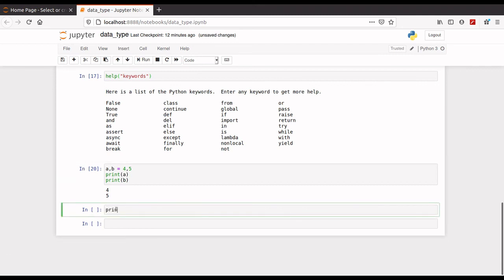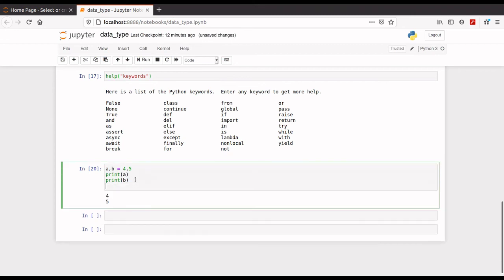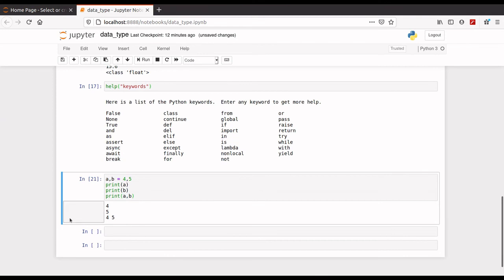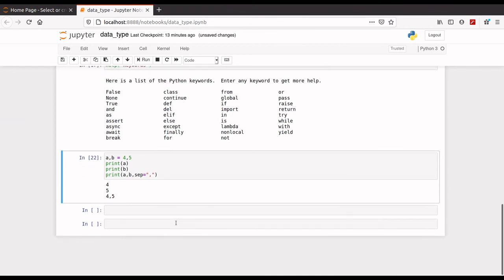So if you just print a comma b, then it will also print, look, by taking one space. Okay, you can also change this separator to another, like comma. By default it is a space. Yeah, look, now here the space is comma.